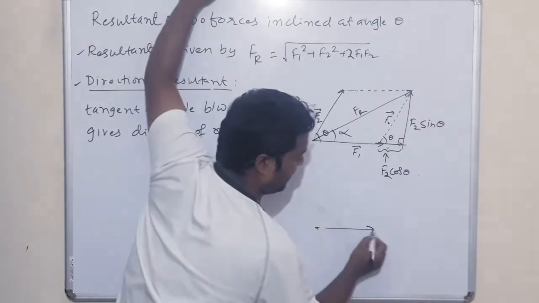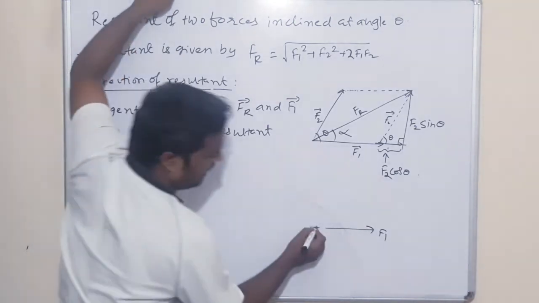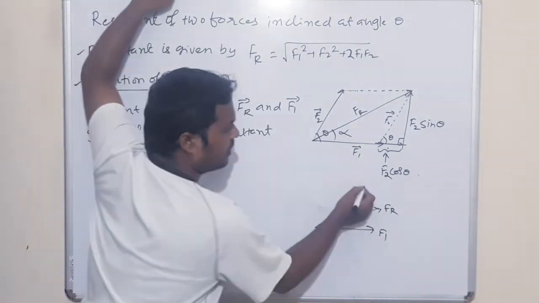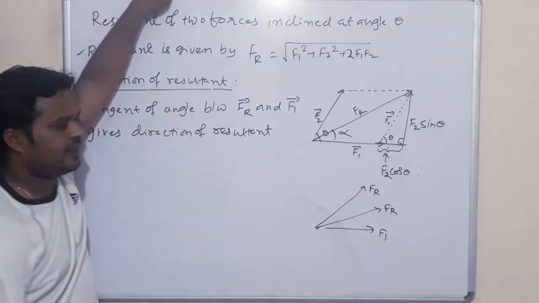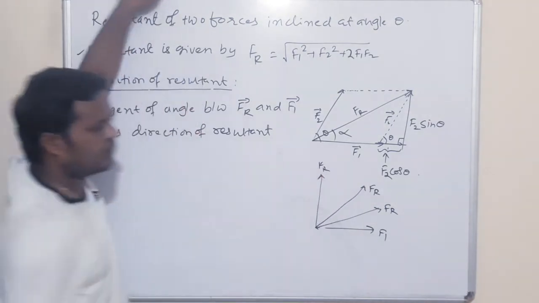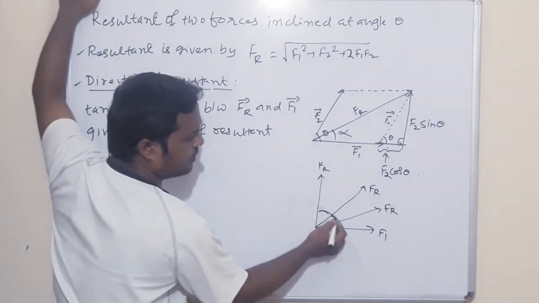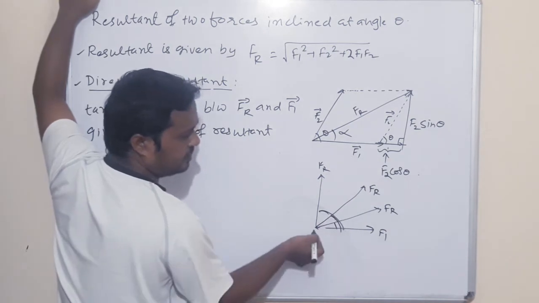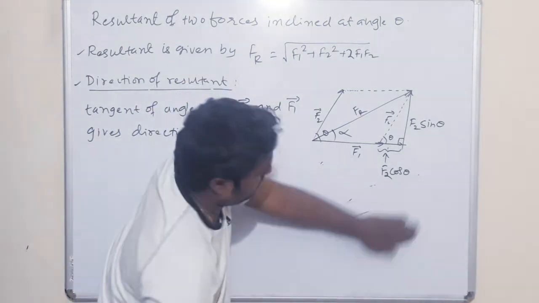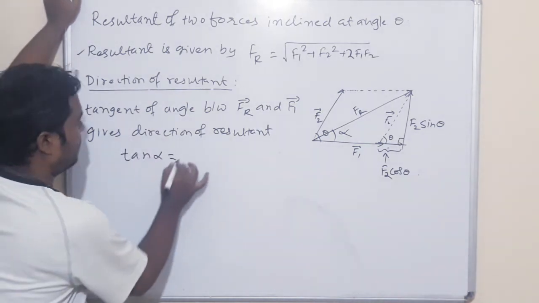That means suppose if this is F1, if I say that resultant is making 30 degree with F1, then resultant may be here. If resultant is making 60 degree with F1, resultant will be here. If resultant is making 90 degree with F1, then I will get the idea of direction of Fr. Resultant will be here if it is making 90 degree. That means if I calculate these values of these angles, this is tan alpha, then that will give me the idea of resultant, how much slope it is making with the horizontal vector. Or tan alpha will be equal to